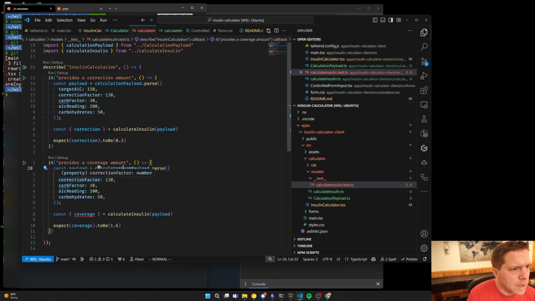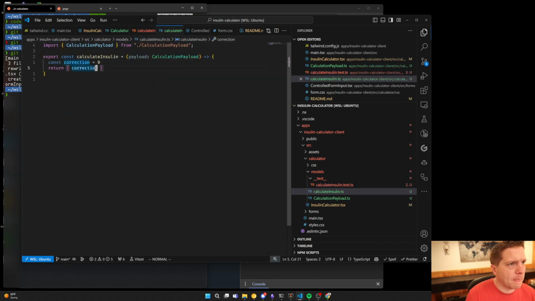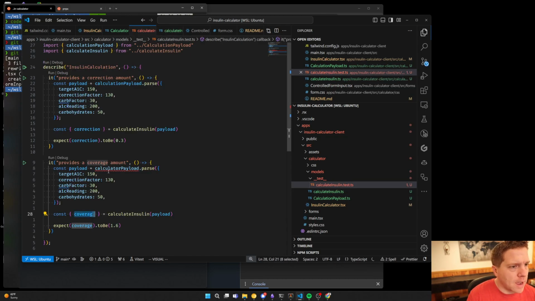So we're going to do calculation payload. And we'll also return a coverage prop. All right. So now, this should be calculation payload,